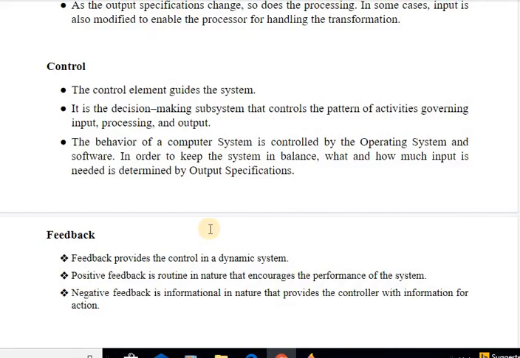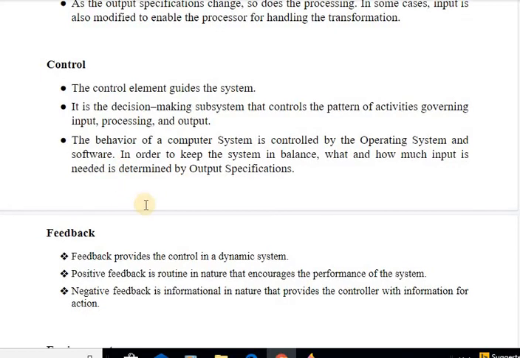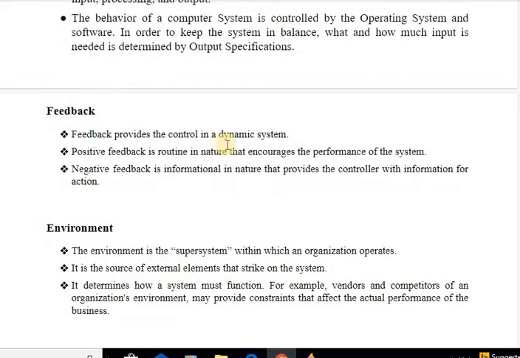Okay, so for example, in our computer systems we have the central processing unit, and the central processing unit contains a control unit separately. It is going to handle all the instructions coming inside the CPU, and how the processor gets that information processed. All such things are handled by the control. Feedback is a technique to provide the proper instructions to the control.